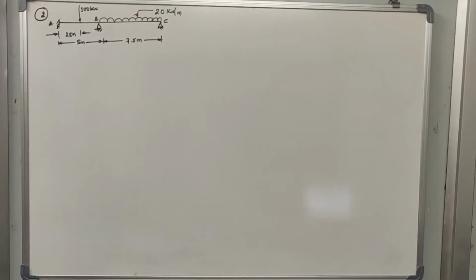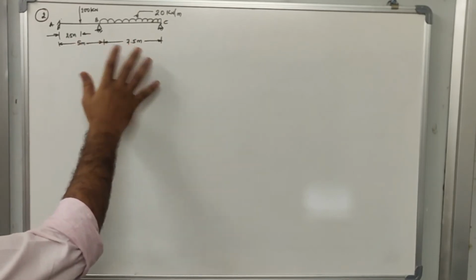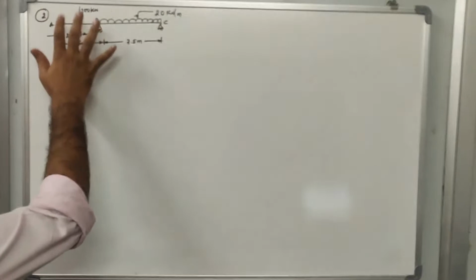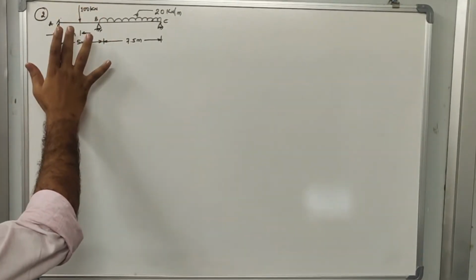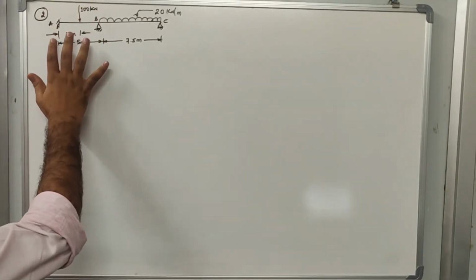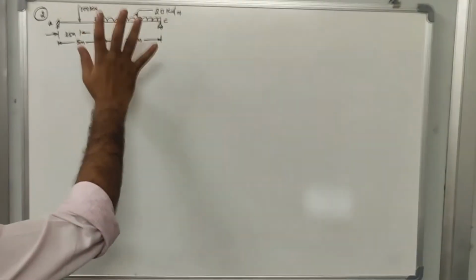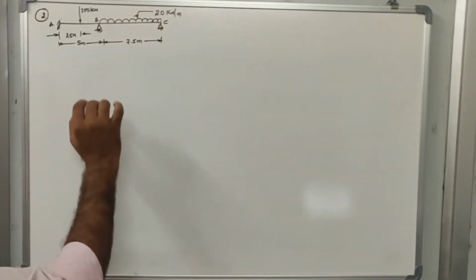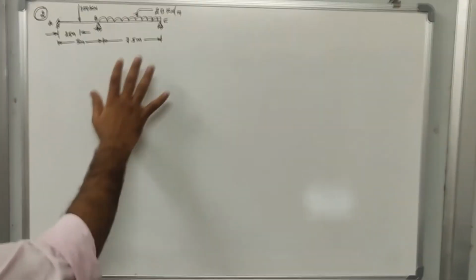So here what we'll do is take another problem and analyze this given beam. This is a continuous beam which has two members. The first member is AB, the second member is BC. The first member is loaded by 100 kN at center, which is 2.5 meters from the left or right. Then the BC member is subjected to a UDL of 20 kN per meter. So this is the beam that you have.